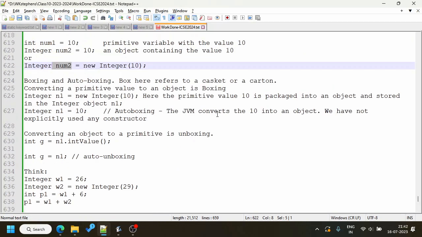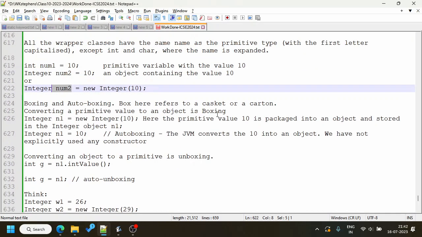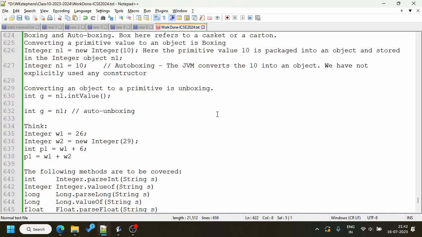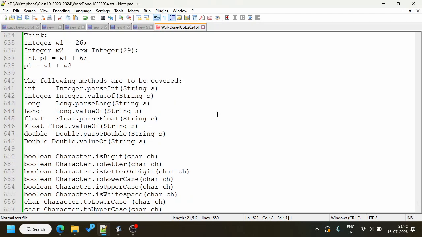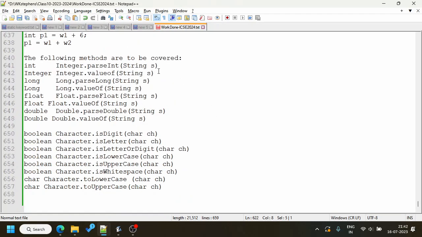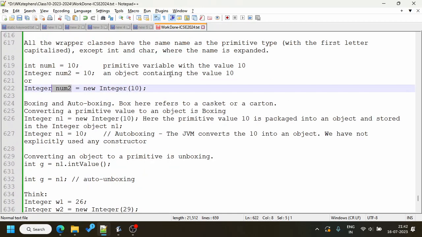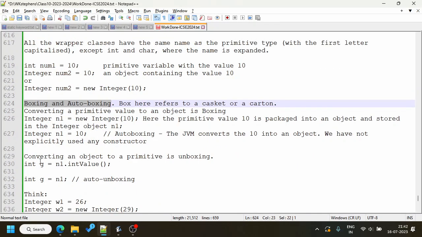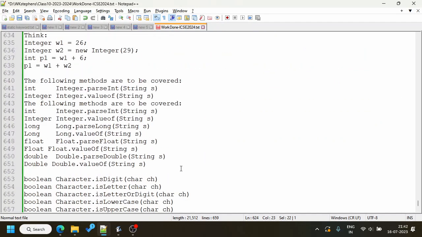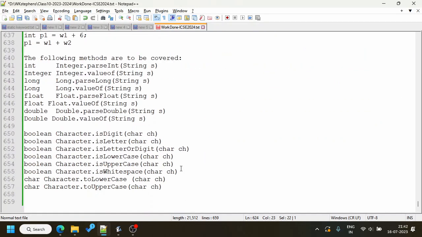The autoboxing and unboxing I will be doing in class. You can read through whatever I've given over here. We will be doing that in class. That's a little complicated to explain here. But the four topics that we need to do here are boxing and autoboxing, and then unboxing and auto-unboxing. These four things we'll be doing in class. Not a big deal, but I need to do it